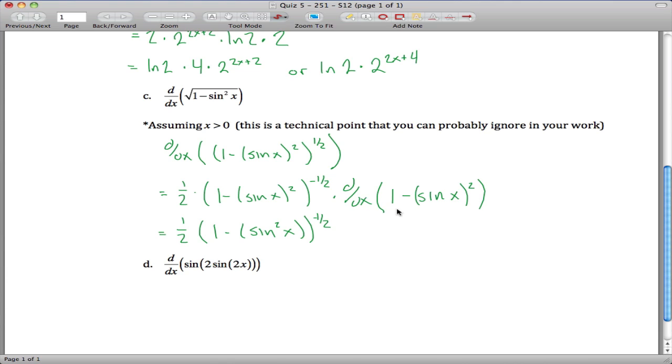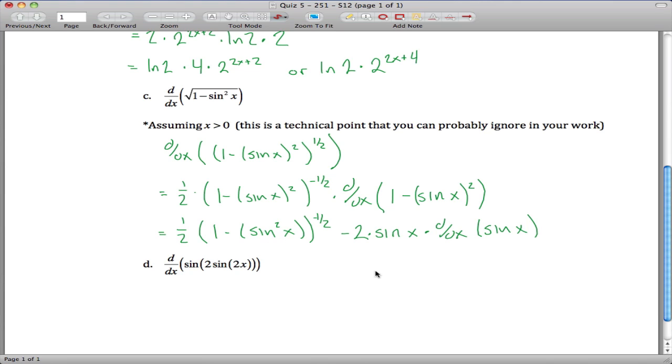And this derivative here, the derivative of 1 is just 0. And the derivative of negative sine of x squared will be minus 2 times sine of x raised up to the 1 power times the derivative of sine of x. And so this whole thing is equal to, well, the derivative of sine is cosine, so I can start moving